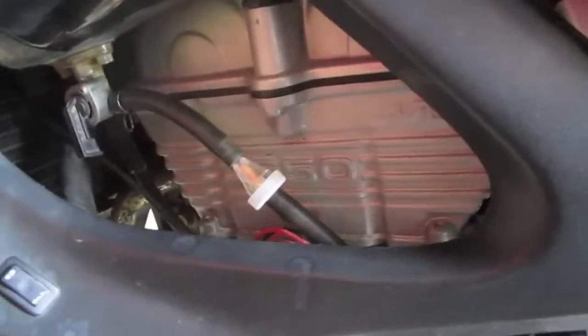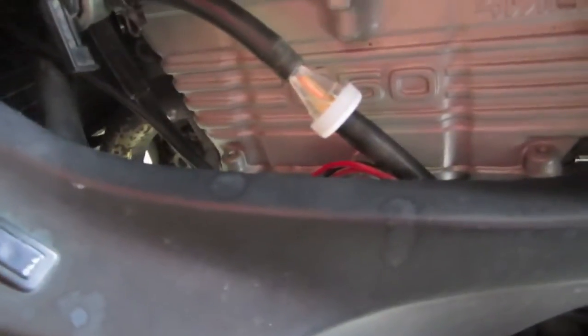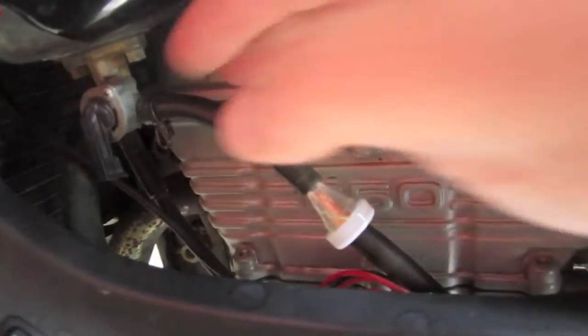So figured because I was messing with the fuel that there had to be something with the fuel system, and could see the gas in the fuel filter here. But it still wasn't catching over, so saw online, or came across one thing that someone had to do is